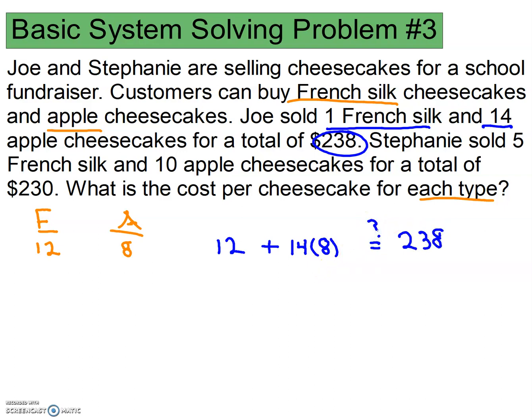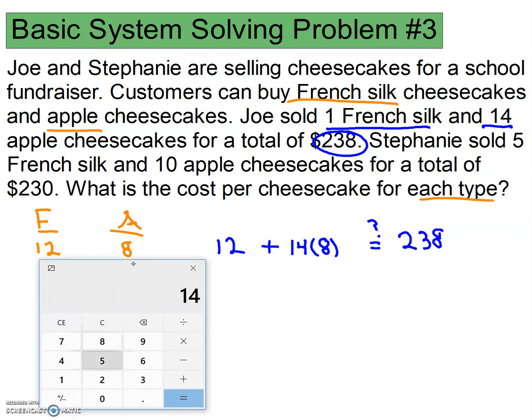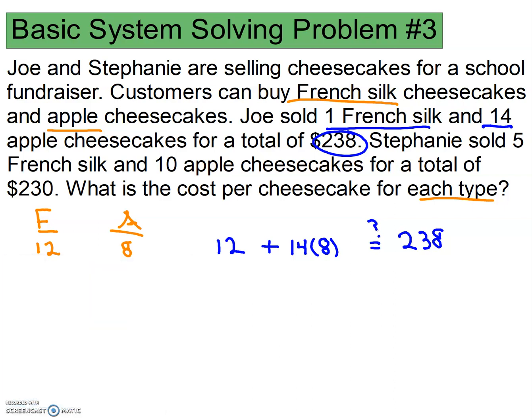Okay, let's see. So 14 times 8, plus another 12, is 124. It's not correct, so we don't need to calculate anything else about Stephanie because we know we guessed wrong. Let's try another guess here. Let's try